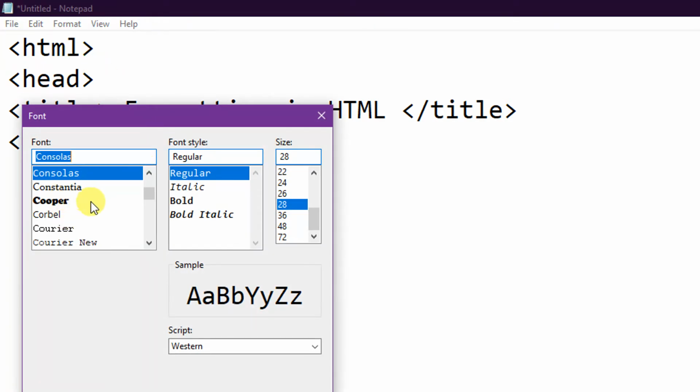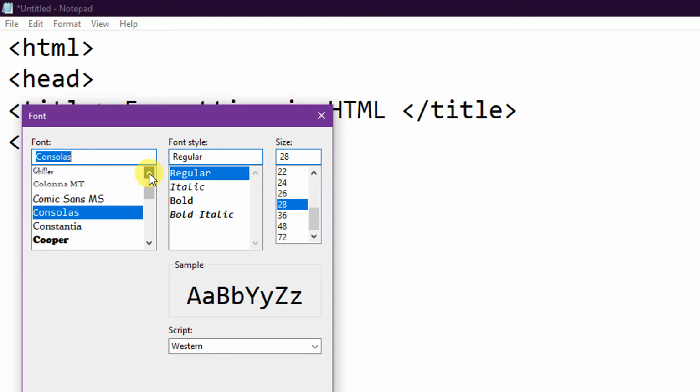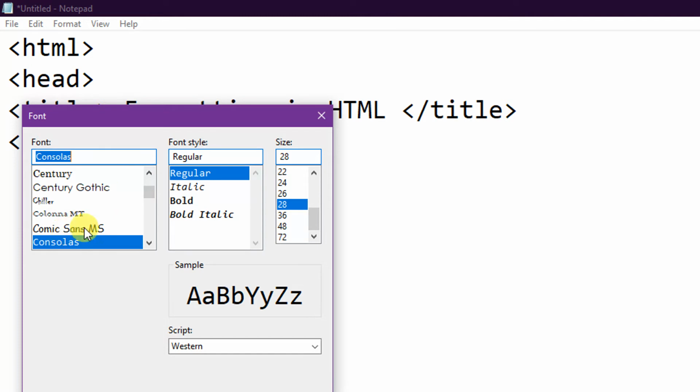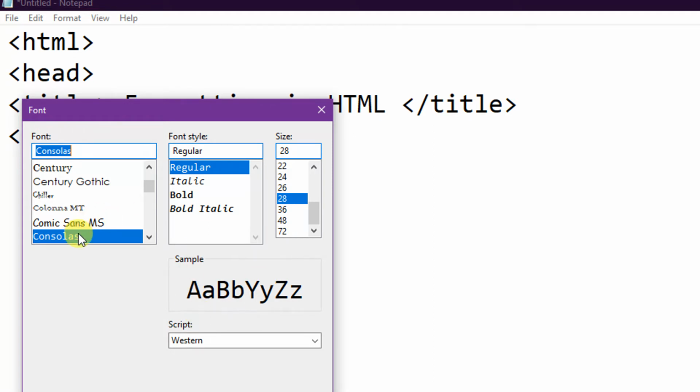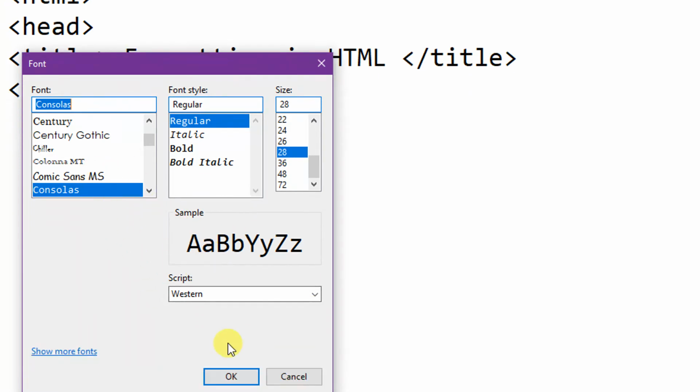There are different types of font here. You can see Consolas, Constantia, like that. You have to provide the name in the coding of which type of font you want. Like suppose if I want Comic Sans MS, I will have to write that in the coding.